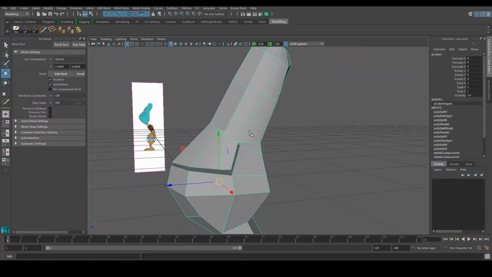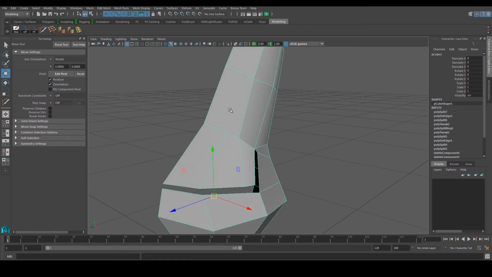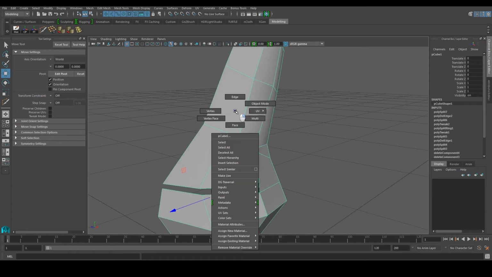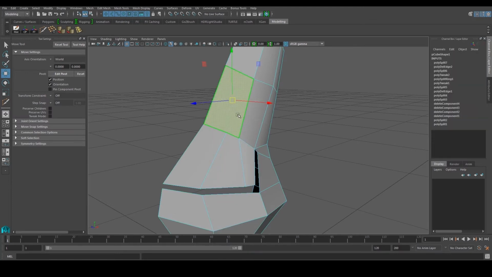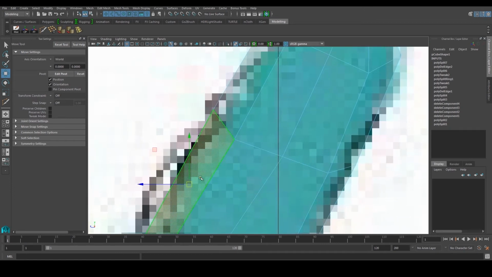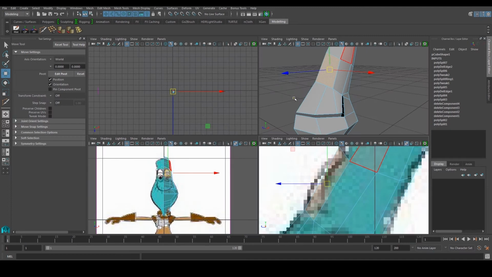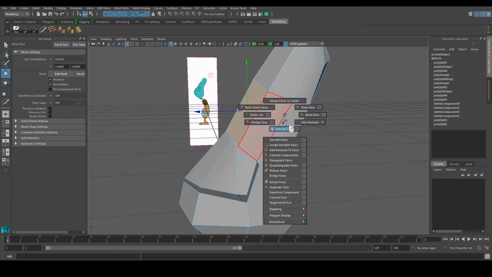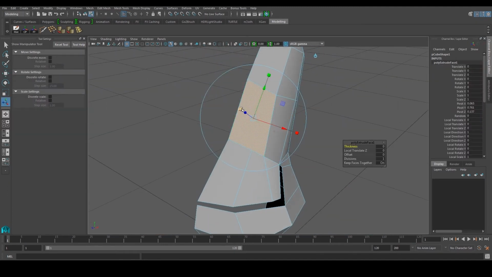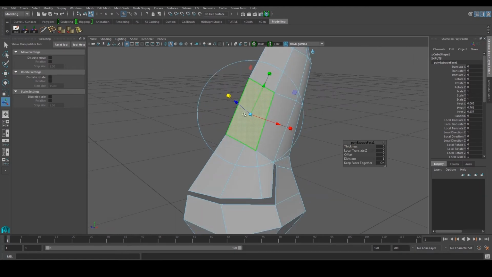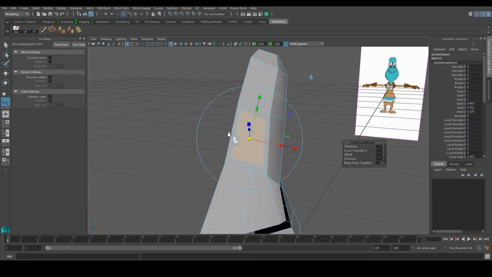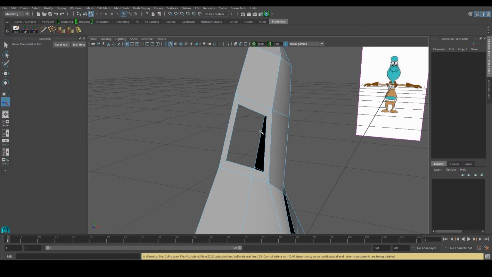Again, this part over here, I'm not too worried about it. It's going to be for the eye, which is what I'm going to do next. So I'll press face and select this guy. Before, I just want to make sure that it's in the area where the eye is supposed to be. I go ahead and press extrude. I can scale this down. Again, I press this square, scale this down, somewhere about there, and then I can delete it away.